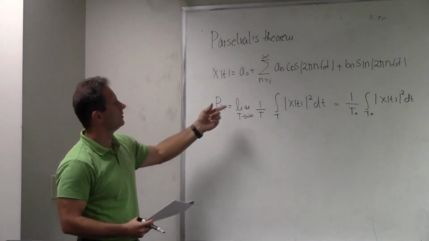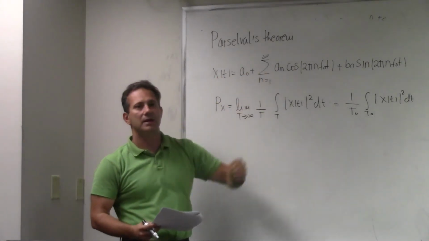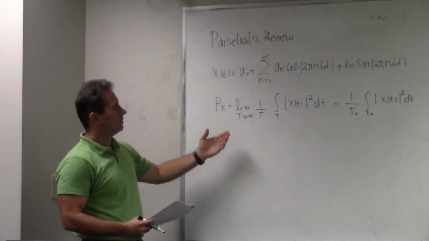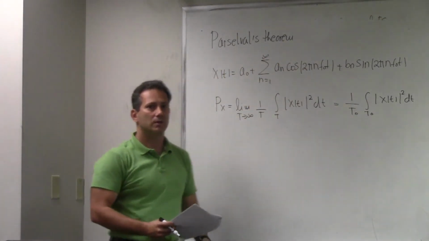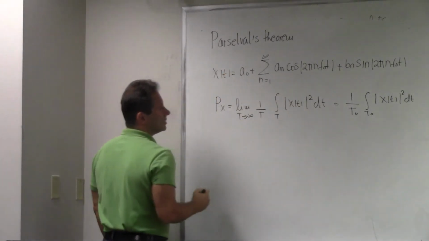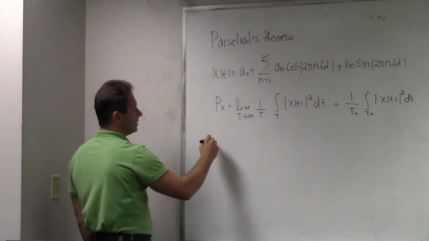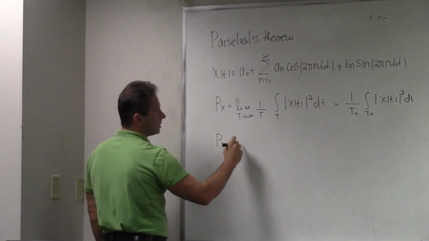So the question that I have here is, can I calculate this power by knowing my a's and b's? And the way to find it out, well, let's put this in here, do the math, and see what happens, right? So substituting this into the spot of the x of t over there, we have Px as